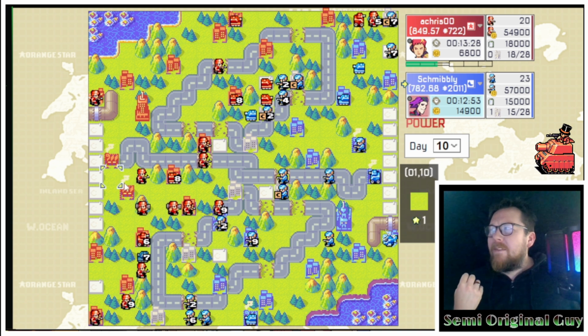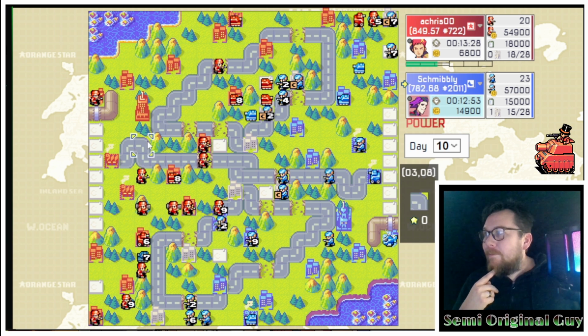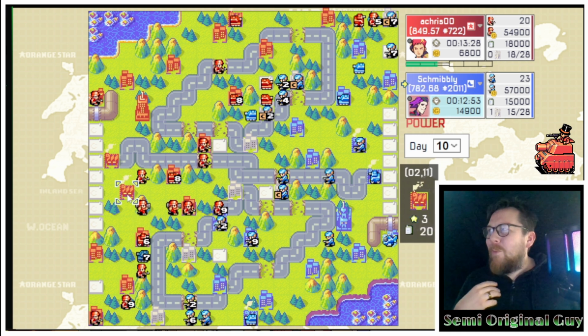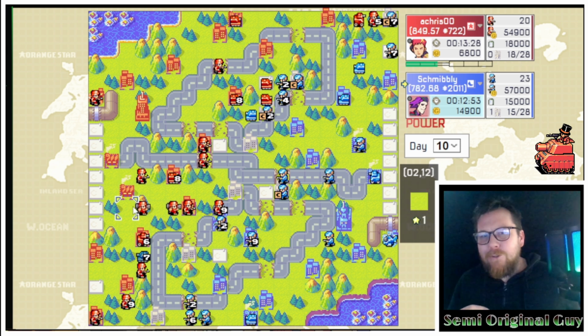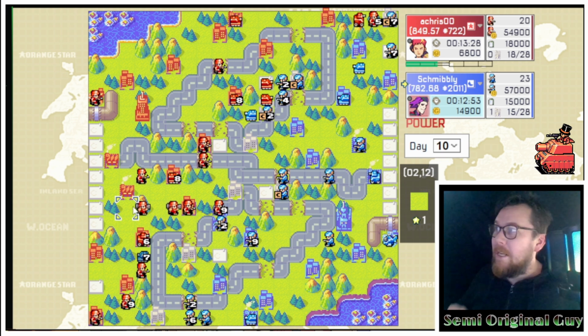Chris double base skip too, which I definitely would not suggest. But Chris is also ahead on income now. Now imagine if he built a tank. I don't know why we would double base skip. At the very least, just build infantry. Just build infantry. Chris's idea might be he's trying to save up income to get a Neo tank, but he's